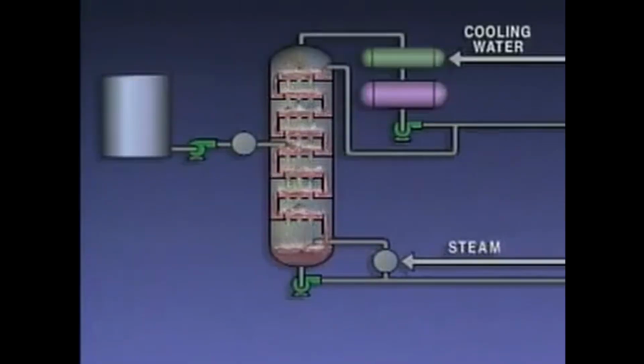The reboiler provides the major portion of the heat that's required to make the distillation process work. In the type of system we've been discussing, the heat supplied by preheating the feed is not sufficient for proper distillation. The reboiler is needed to provide enough additional heat to vaporize the lighter fractions in the tower so that the products meet specifications. Although all distillation towers serve the same basic function, they don't all have the same internal